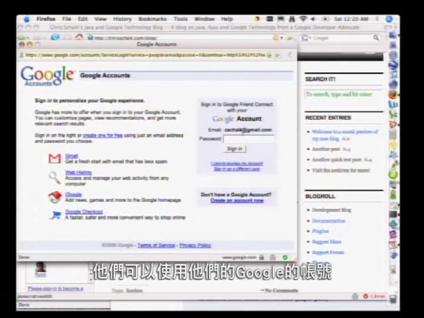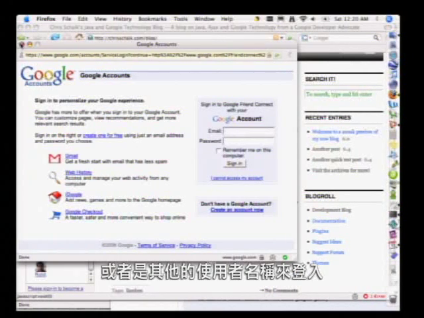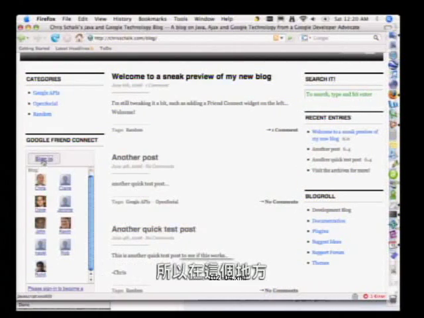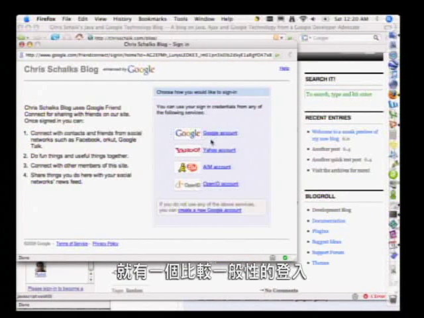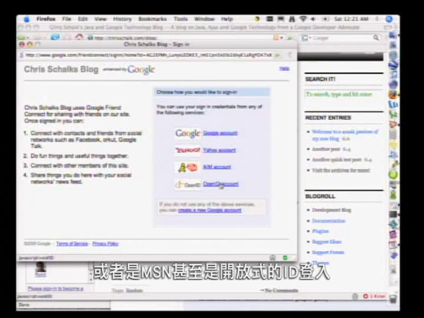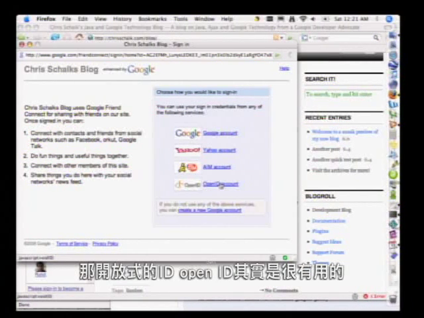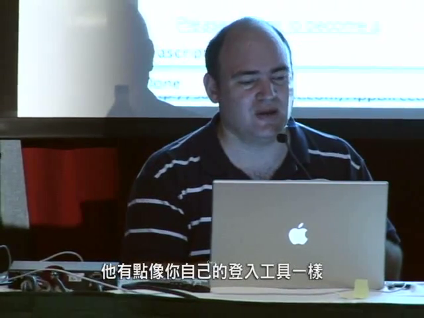And if they sign in, they can use either their Google account, or they can sign in as a different user for that matter. So I'll click sign in again, and you'll see that it brings up a more generic sign-in page. So you can use your Google account, Yahoo account, AOL Instant Messaging account, or OpenID. OpenID, I mentioned a few times before, is a nice unified way to establish your internet identity that can then transcend individual websites. So it does away with having to create your own registration system, which is really cool